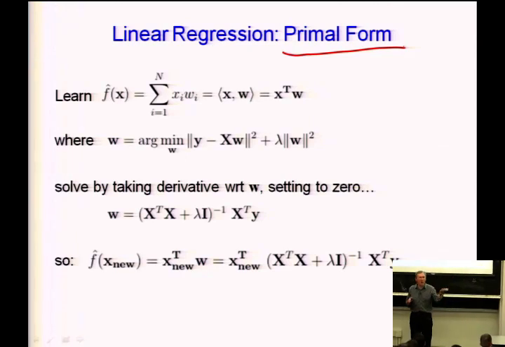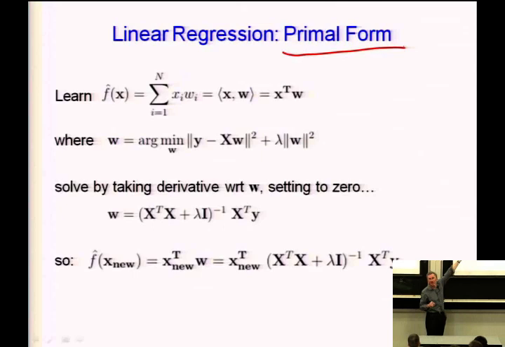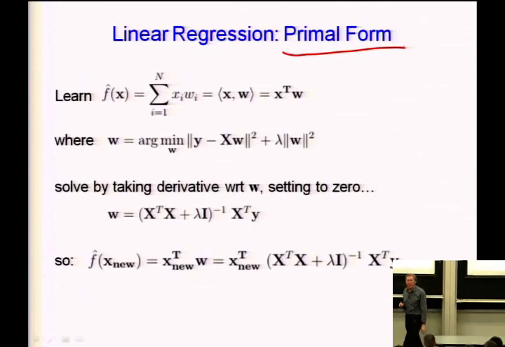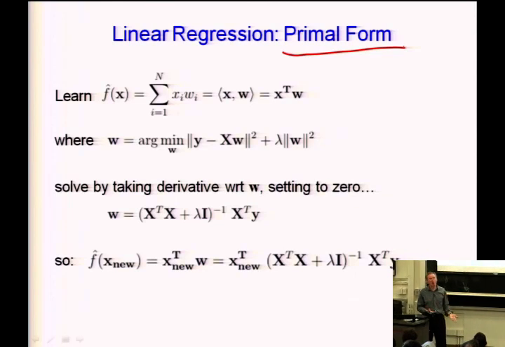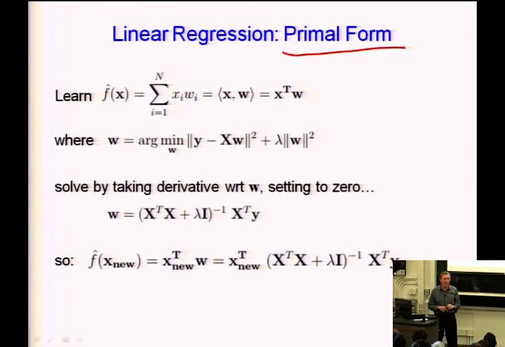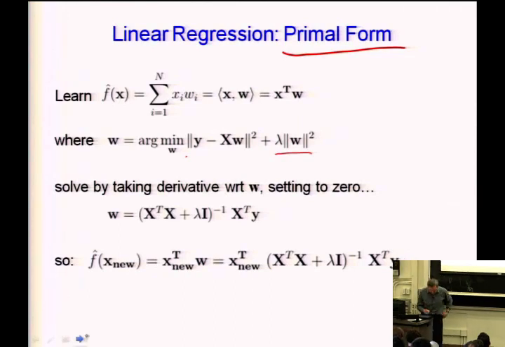And under the probabilistic model we talked about earlier in the semester for linear regression, this is actually the MAP solution for the weights, the maximum a posteriori probability weight vector, corresponding to minimizing the sum of squared errors plus this regularization term which comes from our priors. Okay. Now,